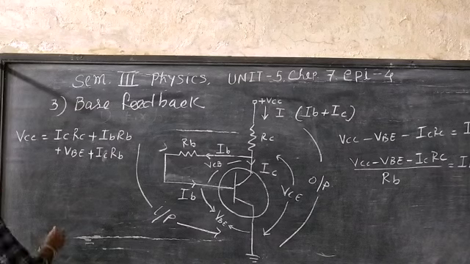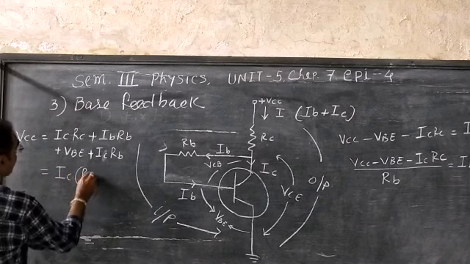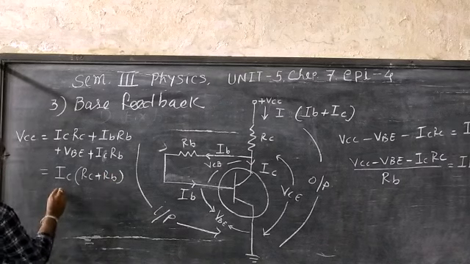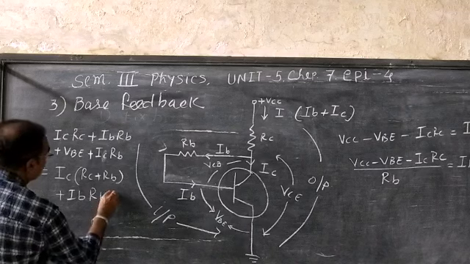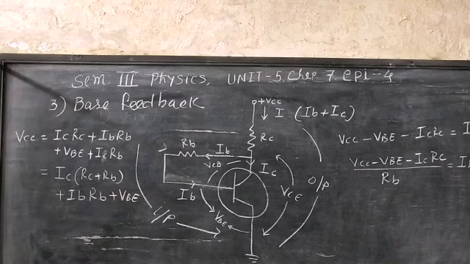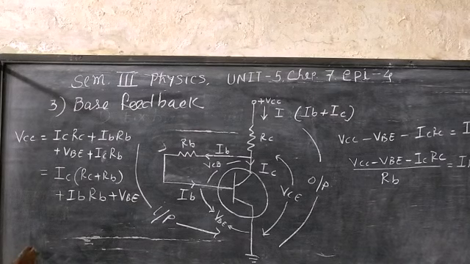Now IC will be common: IC into brackets RC plus RB, plus IB RB plus VBE. Yes, sir, just a few minutes ago, whatever I did. That is why